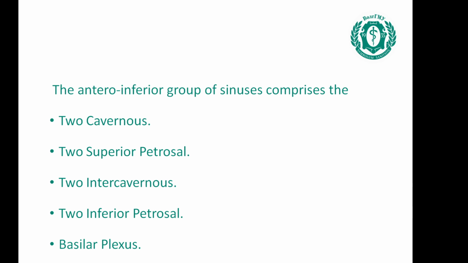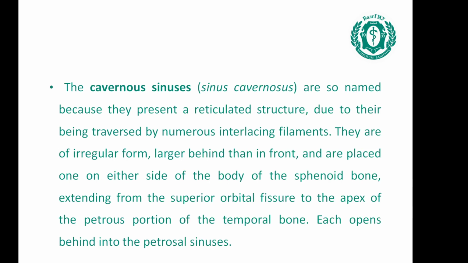The next group of the sinuses, the antero-inferior group. It includes two cavernous, two superior petrosal, two intracavernous, two inferior petrosal, and the basilar plexus. The cavernous sinuses, sinus cavernosus, are so named because they present a reticulated structure due to their being traversed by numerous interlacing filaments. They are of a regular form, larger behind than in front, and are placed